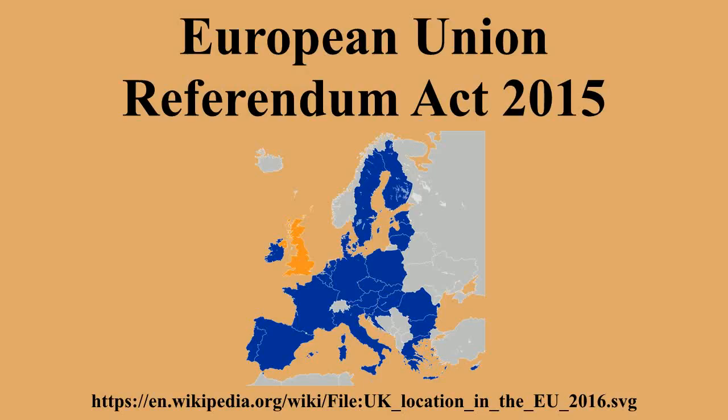The Act permits other campaign groups to participate, but their overall spending is limited to a maximum of £700,000 if they are registered. Spending by unregistered groups is limited by the Act to a maximum of £10,000. The Electoral Commission announced the official Remain and Leave designated groups before the beginning of the official campaign period ahead of the deadline on the 14th of April 2016: Britain Stronger in Europe for Remain and Vote Leave for Leave.